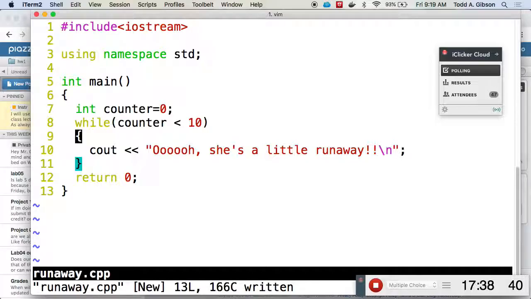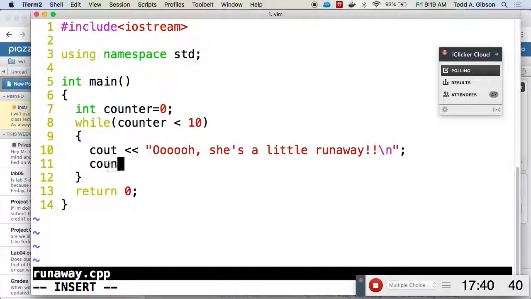All right, so now what I would normally do is something like counter plus plus to add 1 to counter, and it would do this 10 times. But I've got a bug in my program, and I forgot to change counter. So that means 100% of the time, forever, counter is going to be less than 10, and this is what I would call a runaway process.